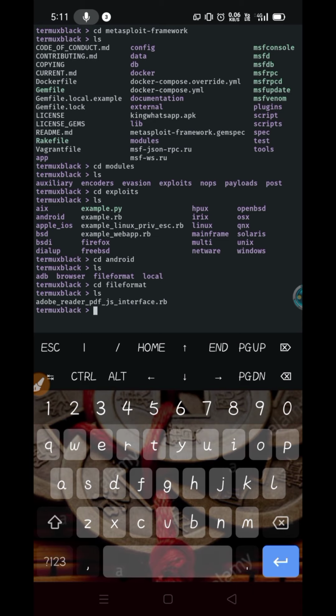Copy the text. After that, type msfconsole to start Metasploit.